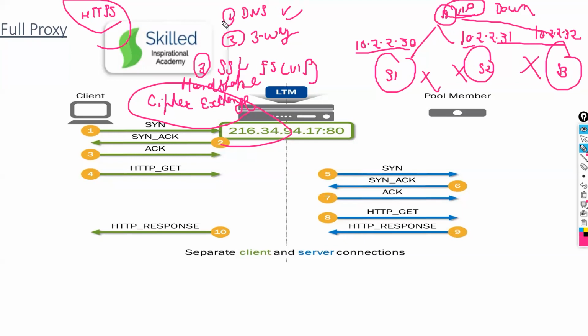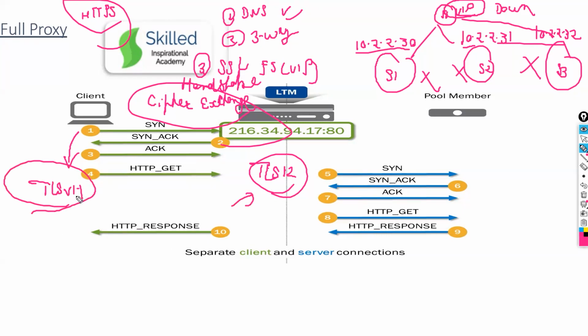Let's say my F5 is only supporting TLS 1.2. My virtual server has a configuration which is only supporting TLS 1.2. But the client does not have their browser updated or is not supporting it. He might be sending TLS 1.1. How will I check in F5 and come to know that the client is sending TLS 1.1? Vaishak. Yeah, correct. That is the answer. Through packet capture, I will observe. Then accordingly, you will troubleshoot.